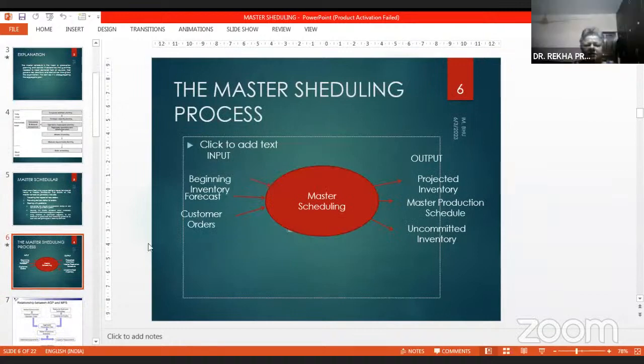So these are the master scheduling process. You have the input, as I have told you. Any operation is an input output system. Input, processing, and then output.